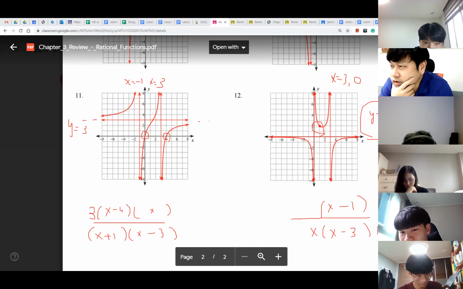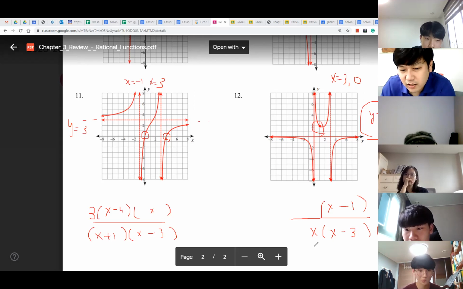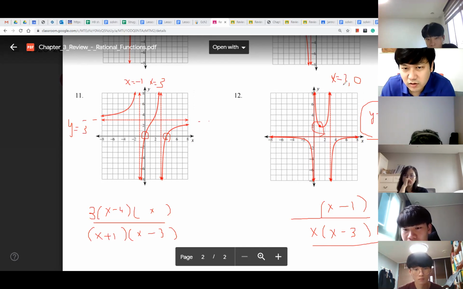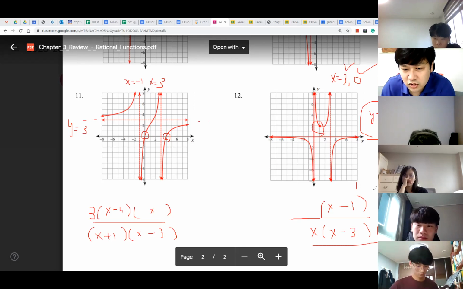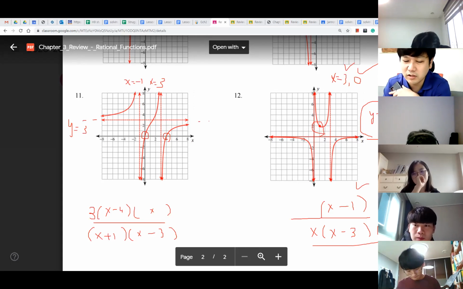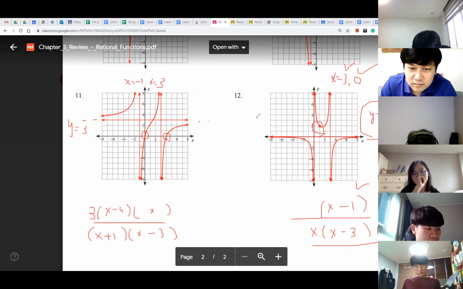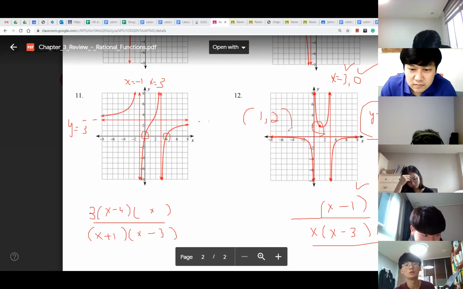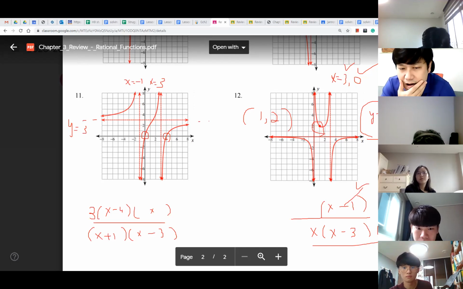There is one last thing we have to do. What could it be? Esther, can you tell us what one more step we have to do? It looks like the bottom degree is bigger, so this checks. We have 0 and 3, this checks. We have a hole, so that checks. There's just one more thing to do. We have to check the